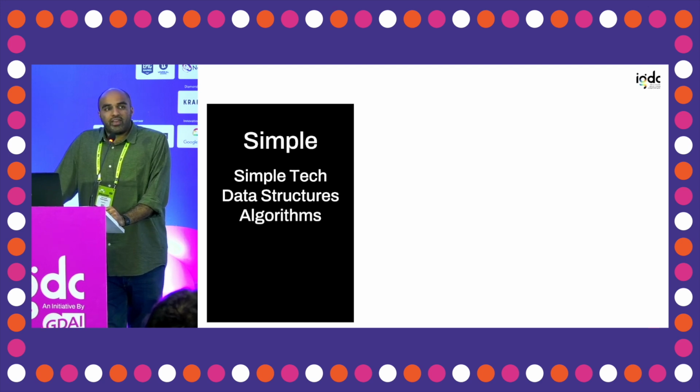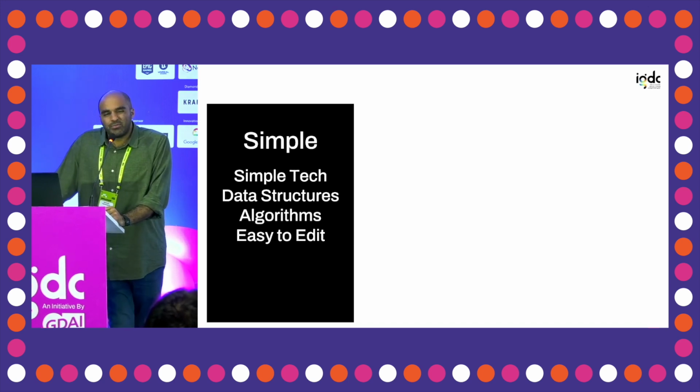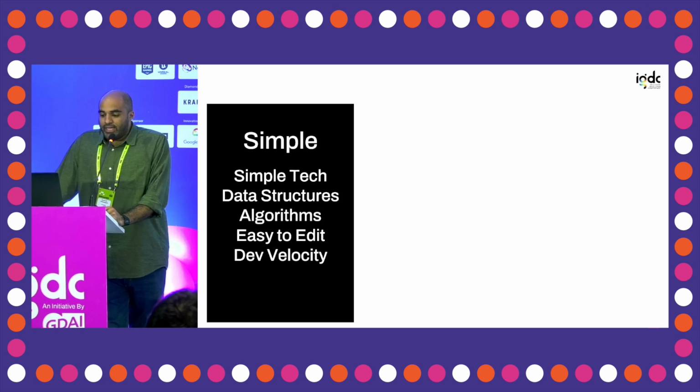Big O of n is like this specter that looms over computer science, but when your n is 20, then n cubed is 8,000, and a computer can do that in a frame. It's not an issue. So keep the algorithms simple, mostly because then they become easy to edit, and it allows you to make your game faster, right? It allows you to make changes faster, keep track of things faster, because more detailed data structures and algorithms also impose constraints on the rest of the game, which is probably something that you don't want to be doing, right? So as long as that's kept simple, it makes things a lot easier to work on.